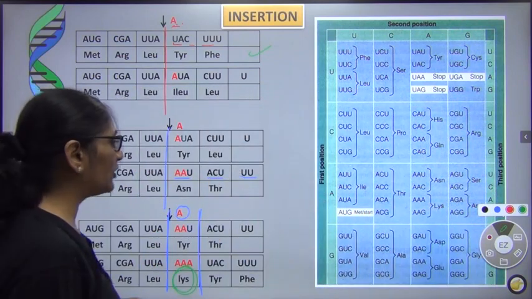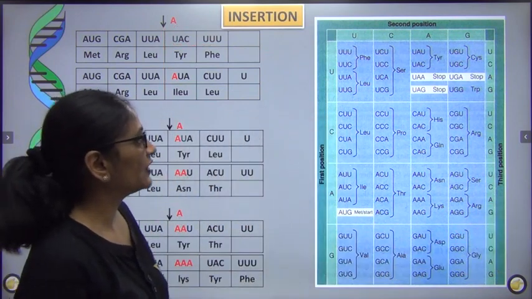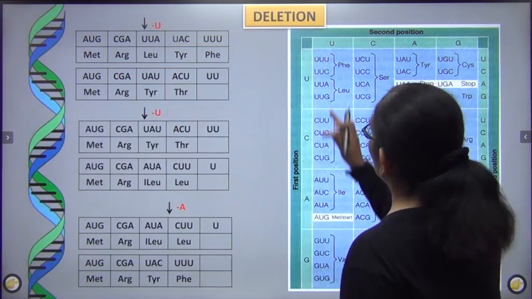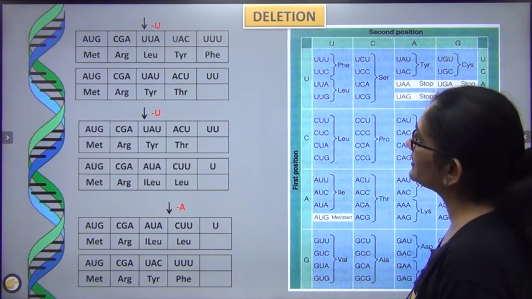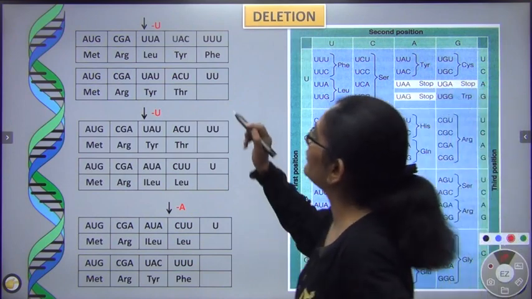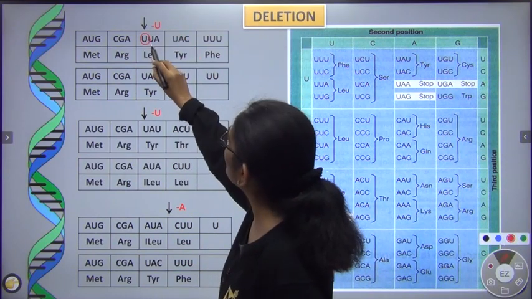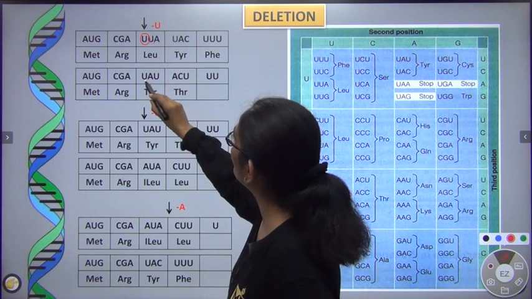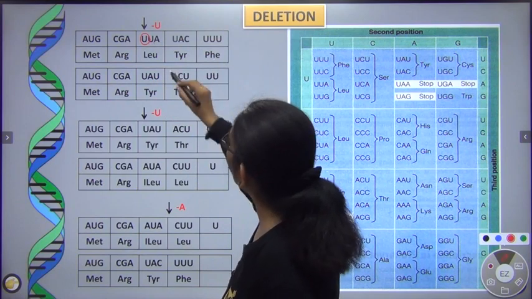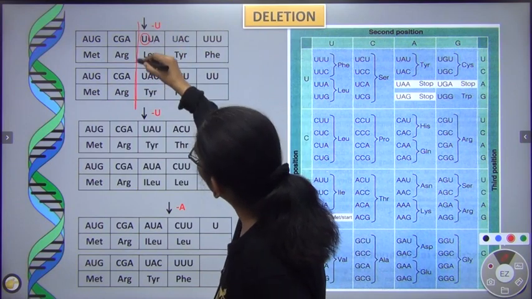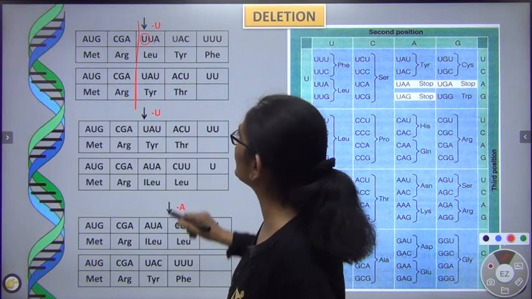I gave you an example of addition. Now I will give you an example of deletion. Right? So insertion का हो गया. Now let us come to deletion. You will understand this as well. See, here what I am doing is I am removing 1. So the codon will become UAU. Then it will become ACU. And then UU. The point where I have removed, उससे पहले का, the codons are same, amino acids are same.